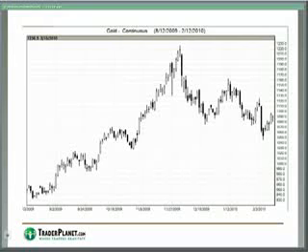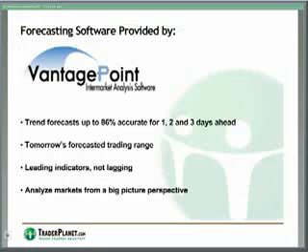So what I've done is I like to look at another type of way to build myself some kind of a channel and use that as a point of reference from which to trade. Now, when you look at the channels and other types of things, I mentioned channel trend lines before. Again, those are subjective, so I'm going to go for some more specific price points. And in this case, I am using Vantage Point intermarket analysis software.